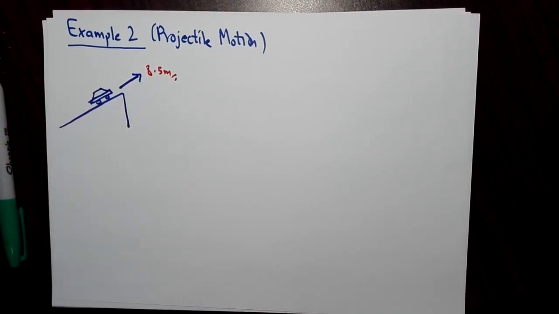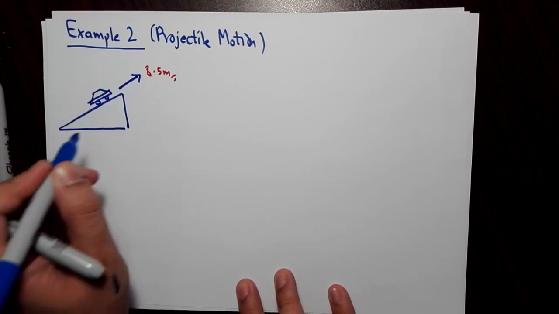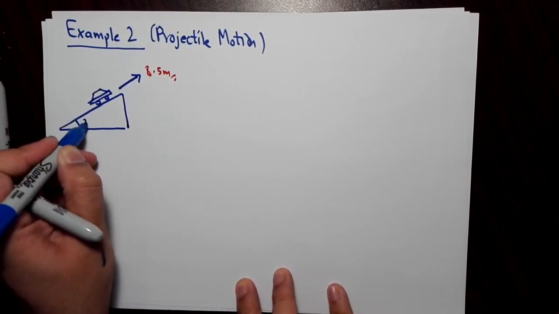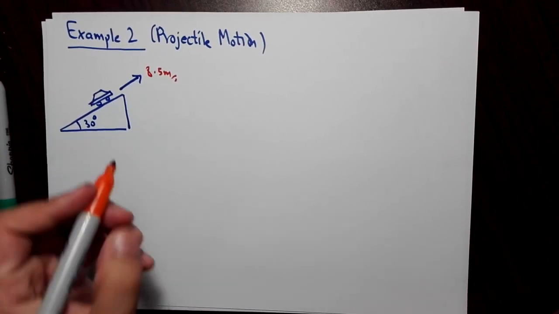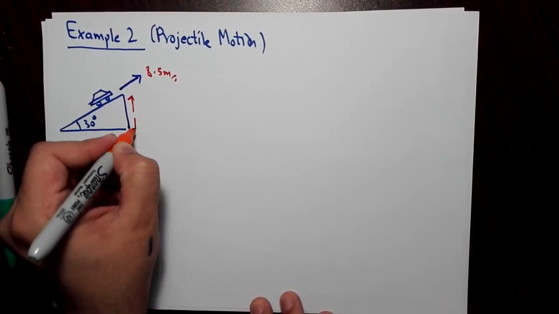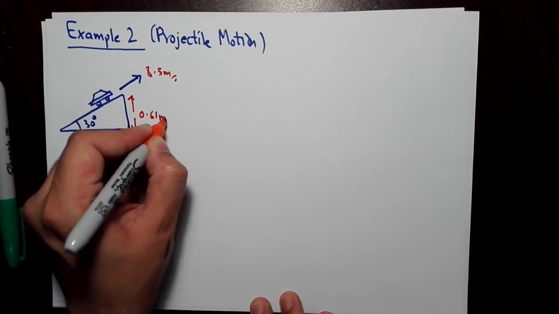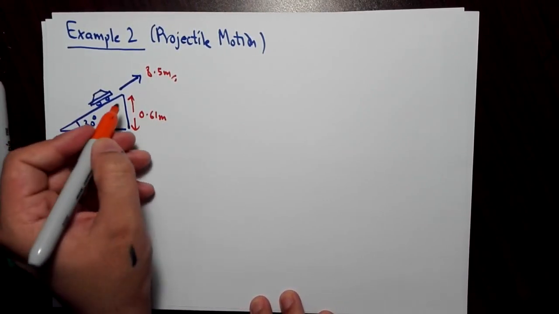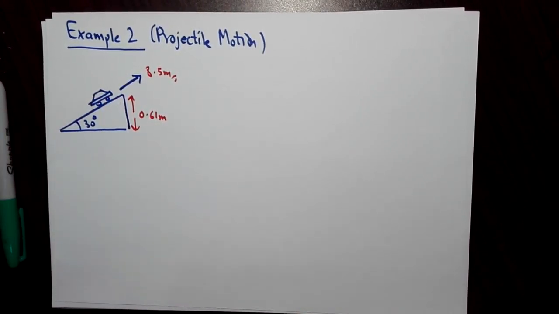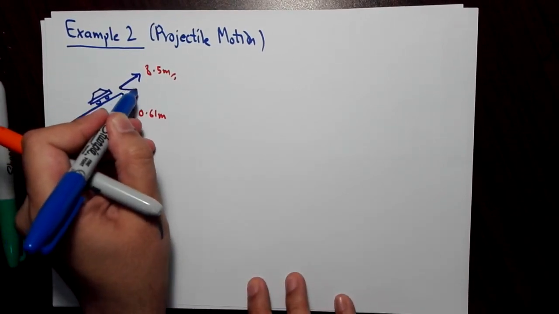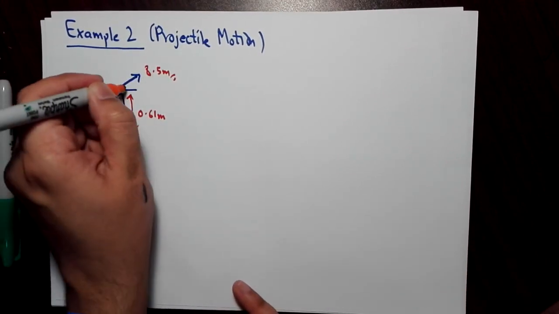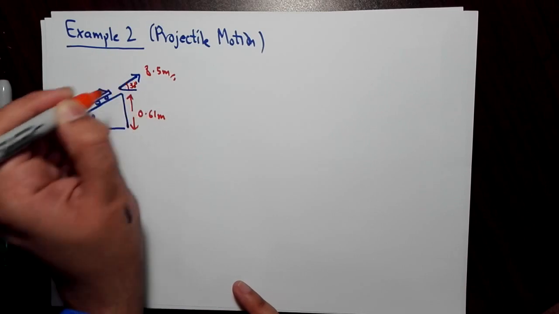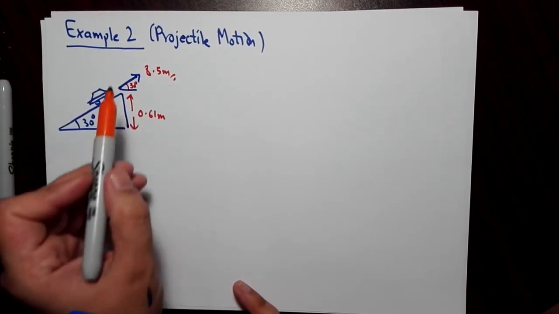And let's say that the inclined plane makes an angle theta 30 degrees with the horizontal. And let's keep the height also the same, so let's keep this 0.61 meters. Okay, so this angle is also going to be 30 degrees. It's going to be the same as the angle that the inclined plane makes with the horizontal. Okay, so we have V naught now